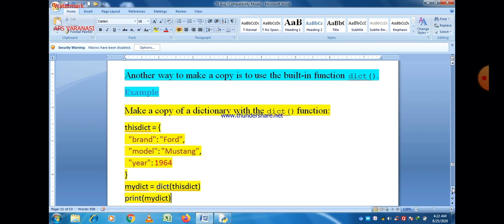Another dictionary, my dict, is created, which contains all the data items which belong to this dict, and this is a different dictionary when compared to this dict. Even though all the data items are the same, when we perform any operation on this dict, that means the original dictionary, these are not reflected in my dict dictionary, the new dictionary.